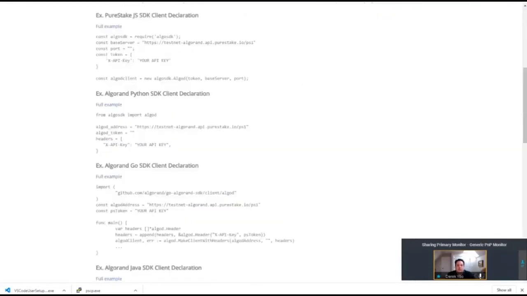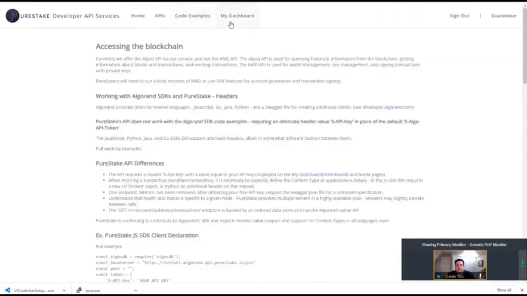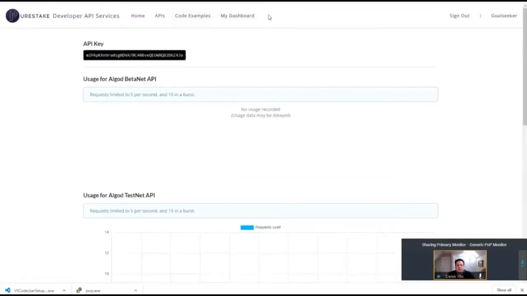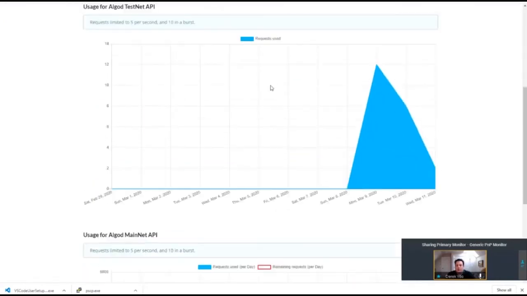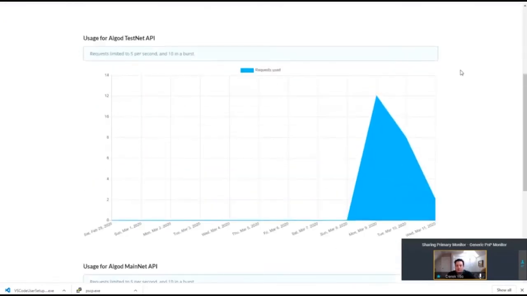So what I'll do at this point is, actually, let's do this. If I scroll up here, there are a number of metrics that we're also tracking inside of this API services application. So here, for example, you can see that I've been doing some testing in preparation for this demo. You can see here that there's activity on this API account. I just created another small bit of activity when I executed that last transaction.